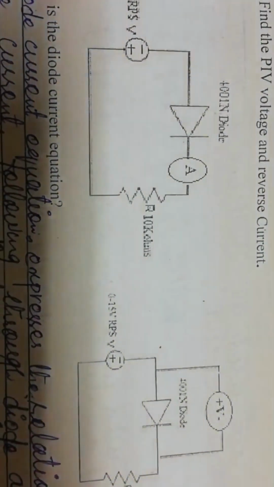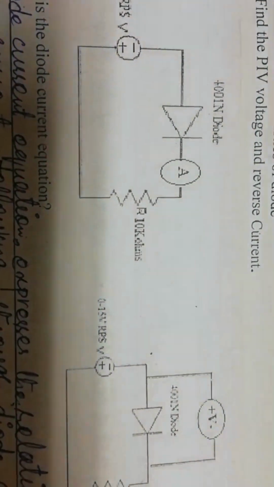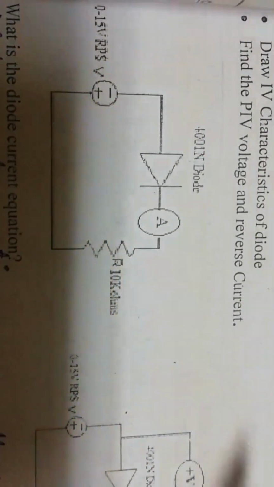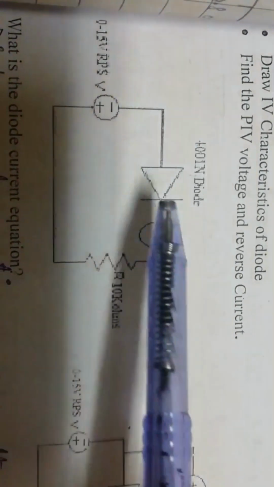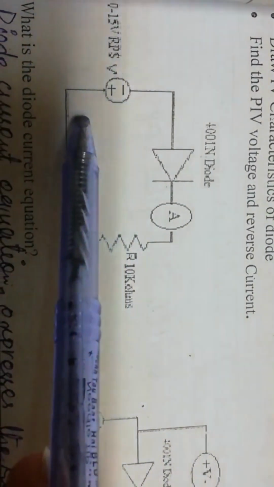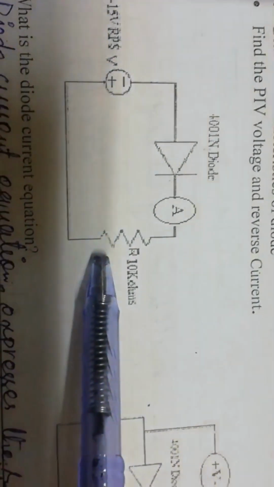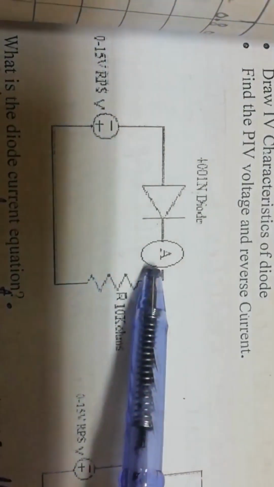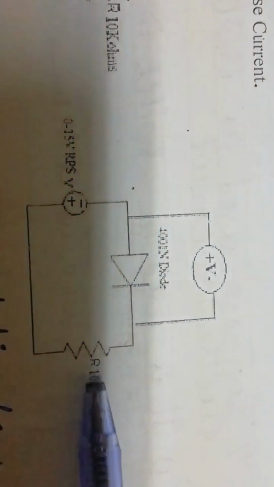Now you are going to repeat this procedure for identifying reverse biased operating characteristics of the diode, and for this you will connect the negative terminal of supply voltage to the anode of the diode. Okay, and the positive terminal of supply voltage will be connected to the second terminal of the load resistor like this. Then again you are going to find current through this diode by connecting an ammeter, that is the multimeter, in series with this diode, and then you will find voltage across this diode by connecting a voltmeter or multimeter in parallel to this diode,